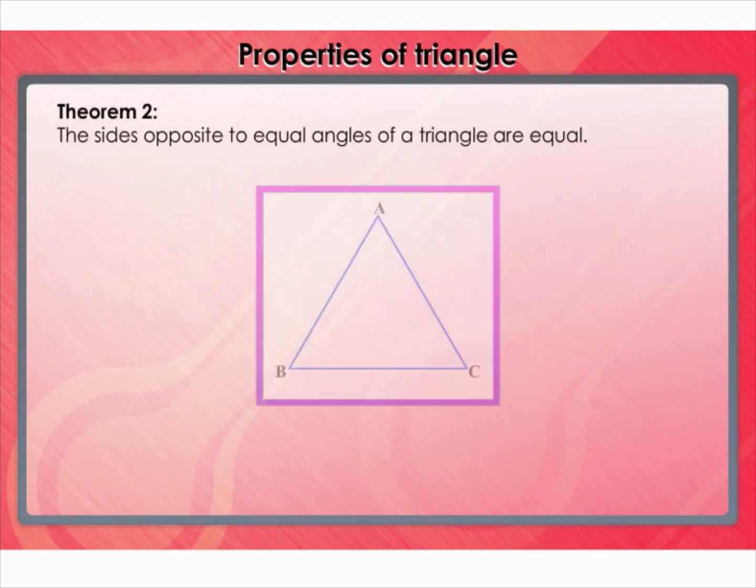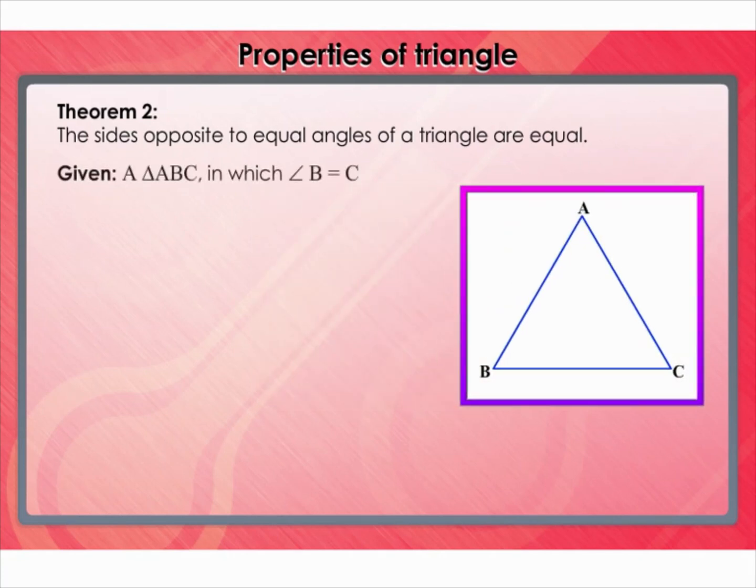That is, the sides opposite to equal angles of a triangle are equal. Let ABC be the given triangle in which angle B is equal to angle C. We need to prove that side AB is equal to side AC, which are the sides opposite to the equal angles. Like we did in the previous proof, here too we will draw a bisector from the vertex to the